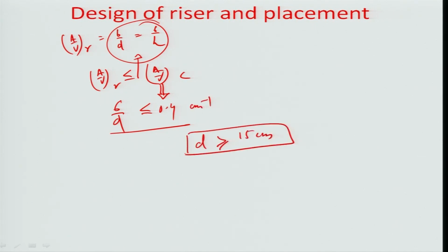So, this would be the value of d for which the area by volume of the cast would at least be equal to that of the area by volume of the riser. So, the condition would be obeyed in one sense, that at least both of them have equal solidification times. And now, let us see that with this kind of diameter, what is going to be the volume that we need, or is it again going to suffice for the 6.5% requirement that we have. So, with the minimum value of d,